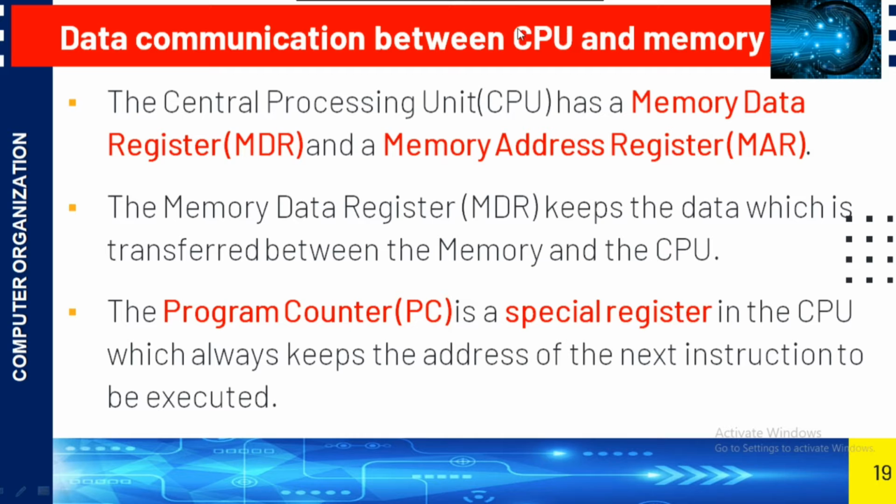We already know what is meant by CPU, Central Processing Unit. Why do we need this unit? In this unit the real processing is done. All the processing and all the calculations take place in the Central Processing Unit. What are the components of the CPU? Can you remember? Arithmetic logic unit, control unit and internal memory.